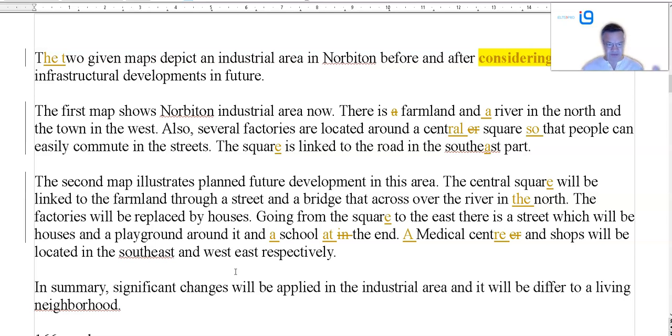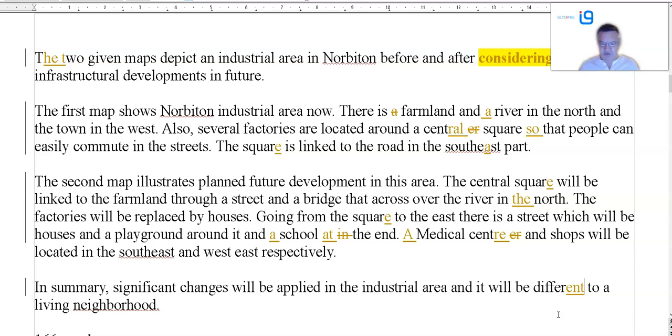Southeast, and how can you have... you can't have west east. You can have southeast, northeast, southwest, and northwest, but you can't have west east. The significant change will be pointed out, and it will be different. It's not going to differ though, is it? It's going to be